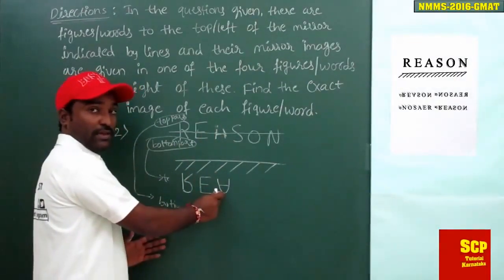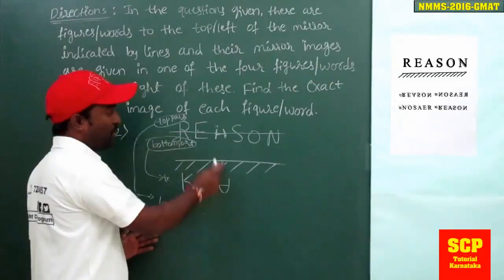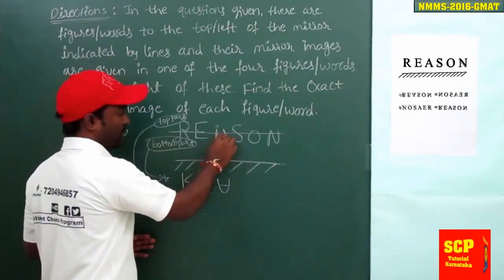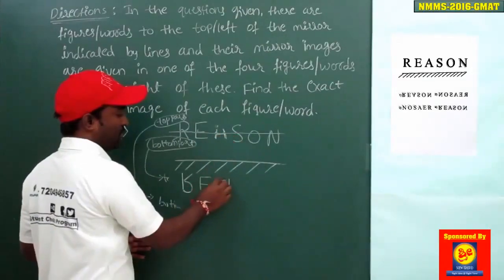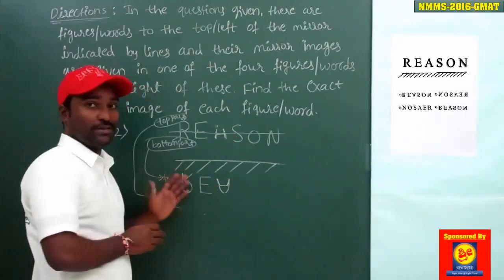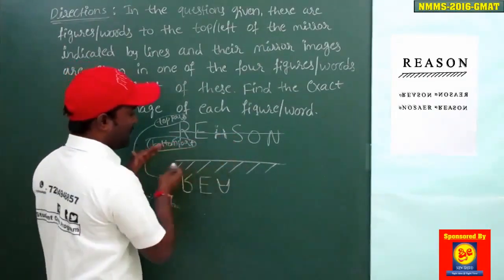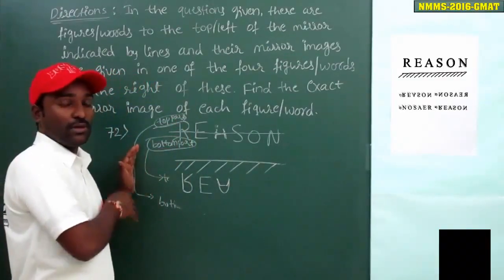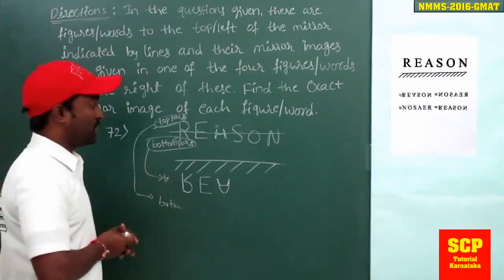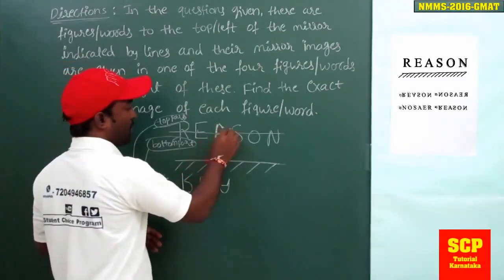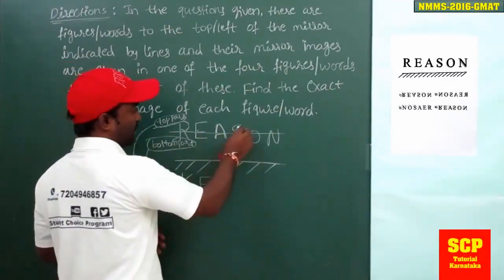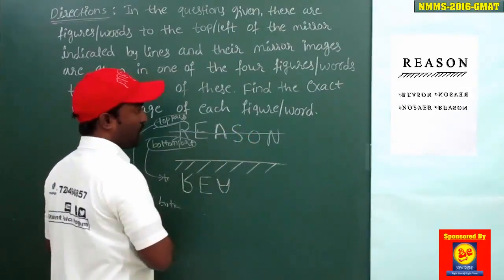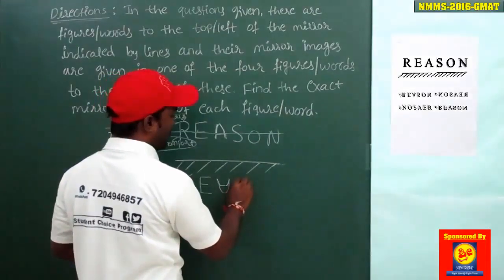I think you are observing the things. Top portion becomes bottom, and bottom portion, this is the bottom portion, you can see this is going to become the top portion. This is the technique. Whenever the mirror is placed at the bottom, use this technique, that is, top portion becomes bottom portion and bottom portion becomes top portion. In the same way, I'm going to write this S. As I said, this should go to the bottom and this should come to the top. That is like this.